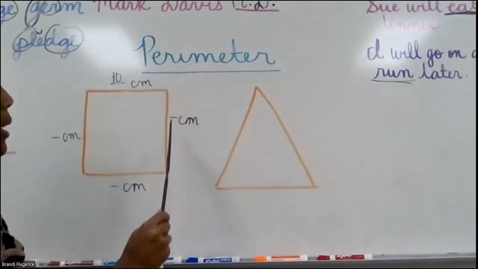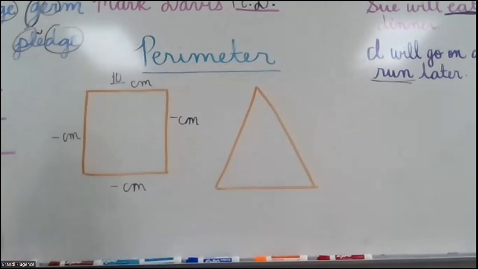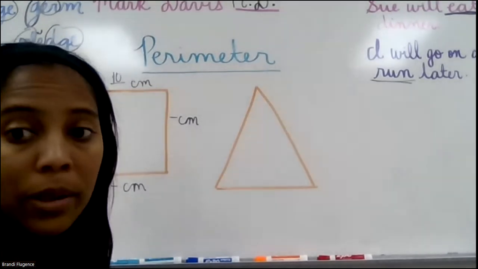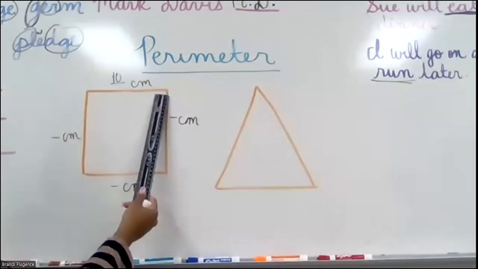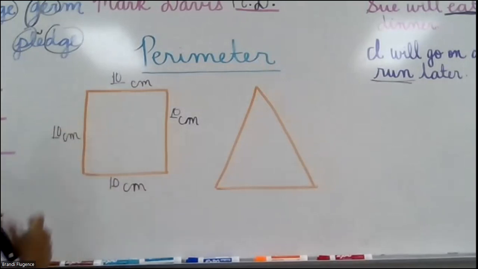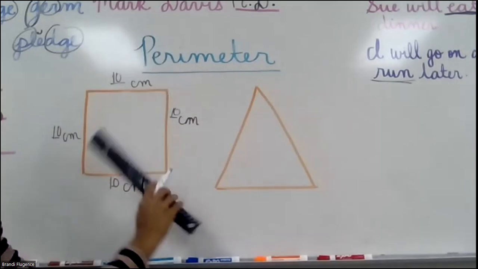With the square, guys, honestly, every side will be the same. That's something that you will automatically get with the square. Each side will be the same length, each side. So I don't even need to measure because they'll all be 10. Okay. So once I measure all 4 sides with the centimeters, I measure all 4 sides.